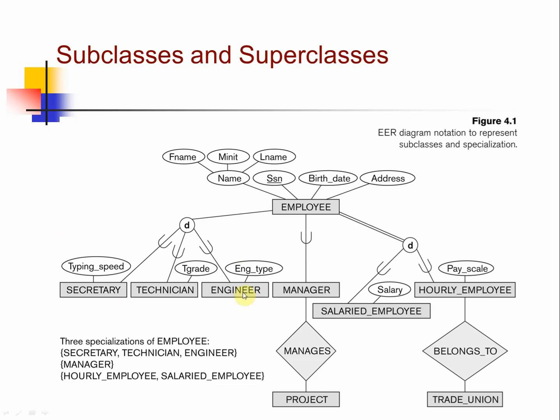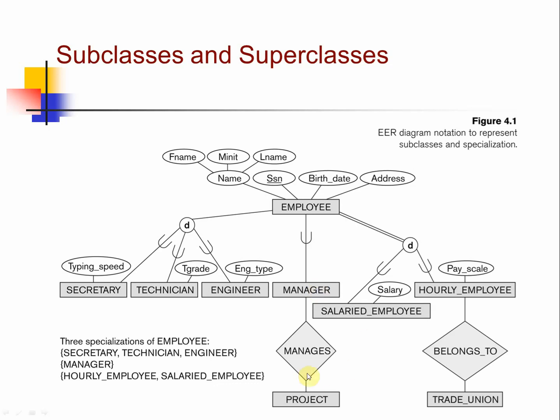On your left side, you can see that based on the job type, they can be separated into secretary, technician, or engineer here. If that person is a manager, then there is a subclass of manager based on the employee. So you can see that maybe there are 100 employees and there are only 5 to 6 managers here. So based on that subcategory,